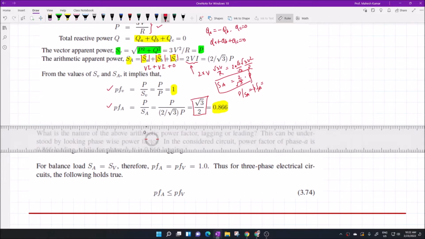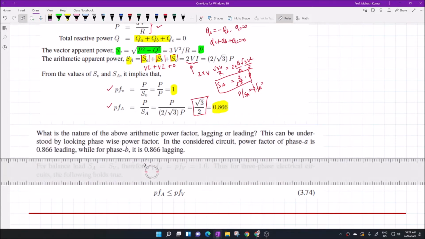But again, the nature of this power factor is not clear, and that is not important for me, because for me it is the amplitude of current. So whether lagging or leading, the current overrating will be the same for a given power factor. However, the exact nature of the power factor can be seen from the network parameters. For example, you can see the inductive load, you can see the capacitive load, you can tell the power factor is lagging or leading. But this is a very interesting case because there is no capacitance here, there is no inductance here. Still the power factor is non-unity.